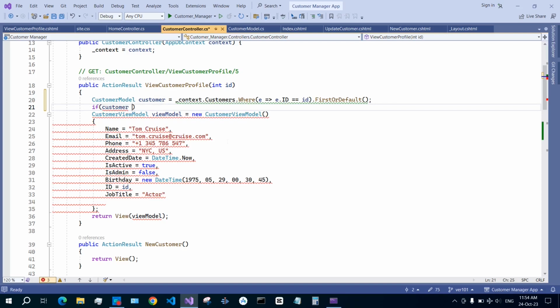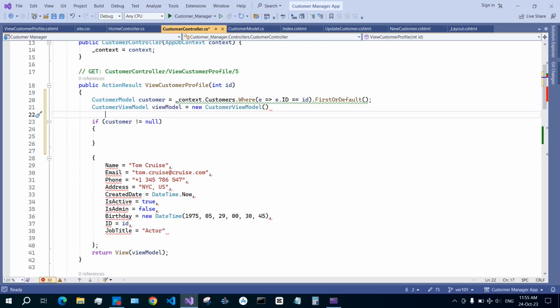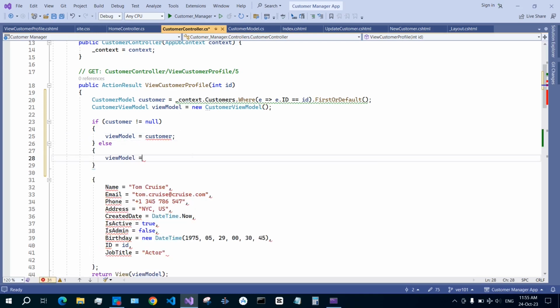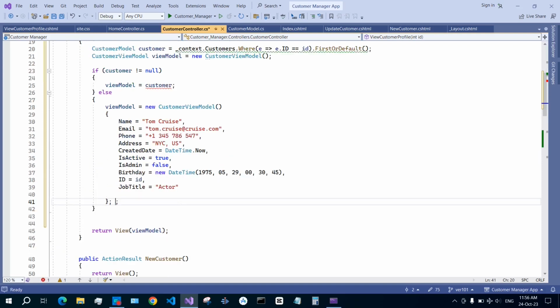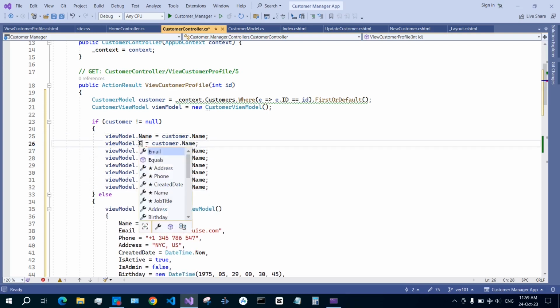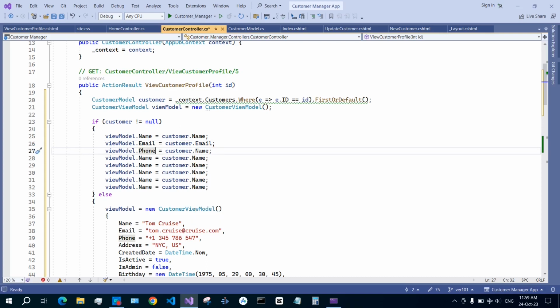So if customer is not null, set view model, we say view model, new view model. So when it is not null, we set all the values of customer to the view model. So view model dot name, customer dot name, dot email, change to email, phone,